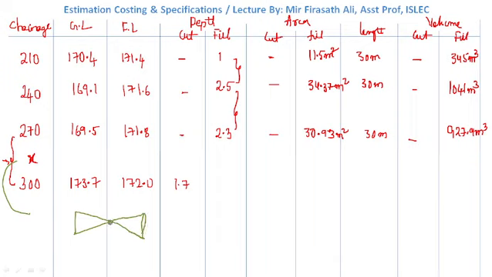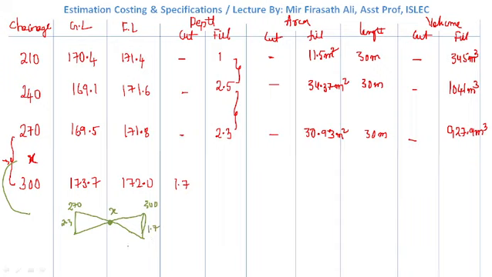At this point we have station X, and this is the 270th station. And this is our 300 station. In between there is some intermediate point. Here the depth is how much? 2.3. At 270 we have a depth of 2.3, and at the 300 station we have a depth of about 1.7.